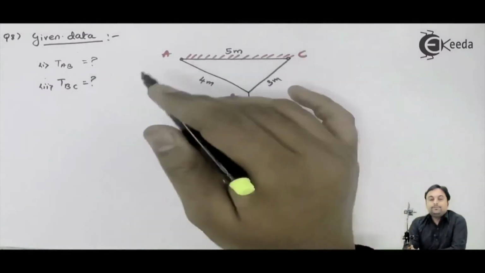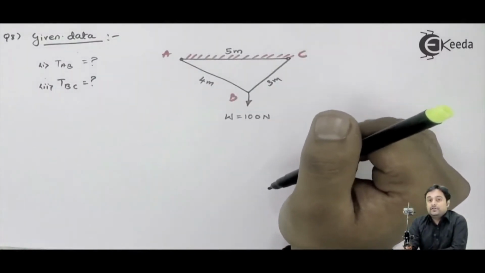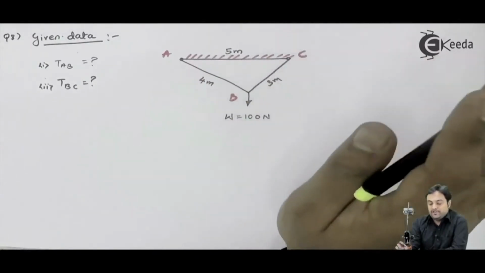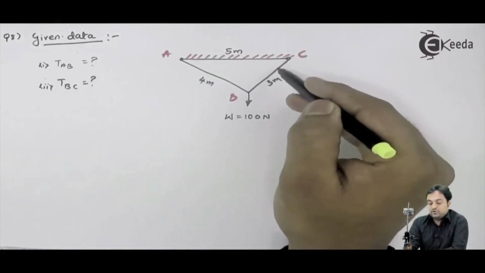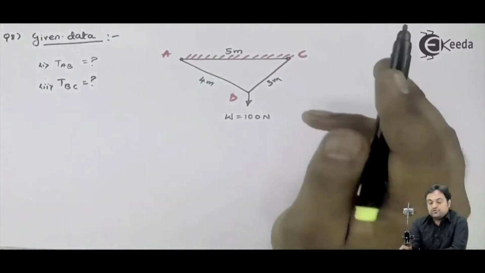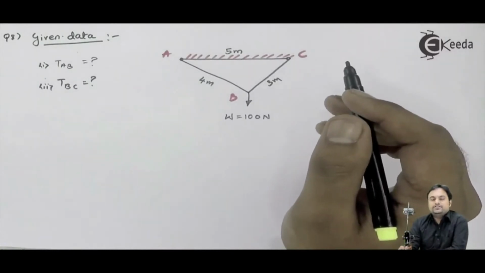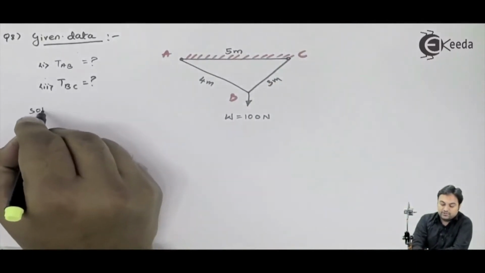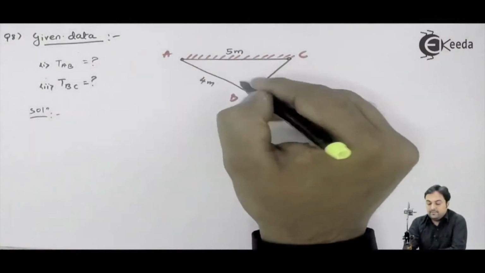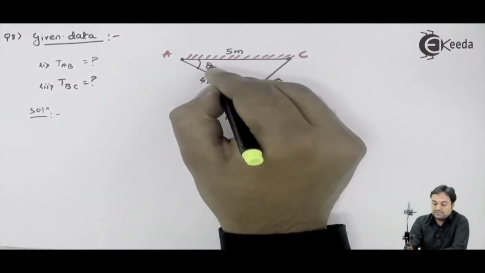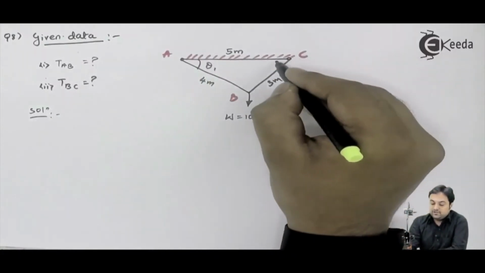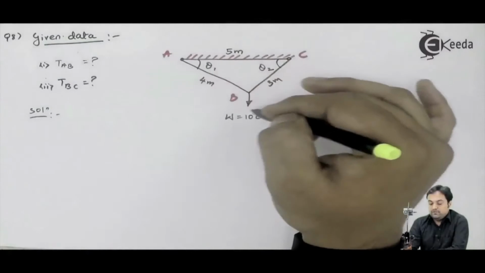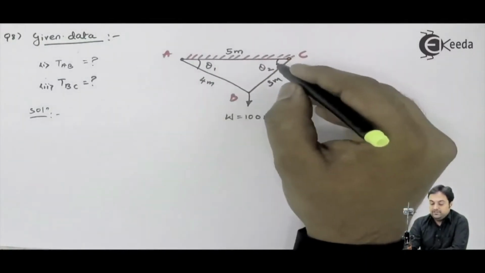If we look at this question, here angles are not given to us. That is, what is the inclination of string AB with horizontal, not given. Inclination of BC with horizontal, that is also not given. So first we will try to get the inclination, that is the different values of inclination for both the strings. I will write down solution. Inclination of AB with respect to horizontal, I'll call this as theta 1. Inclination of BC with respect to horizontal, I'll call this as theta 2. So from the geometry of this figure, I will try to get theta 1 and theta 2.